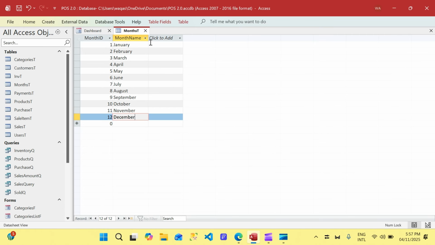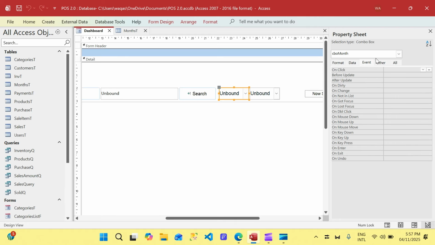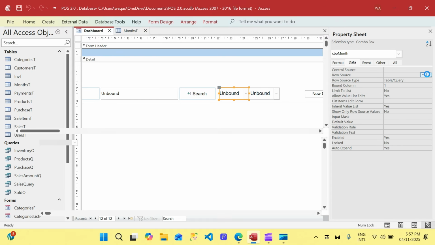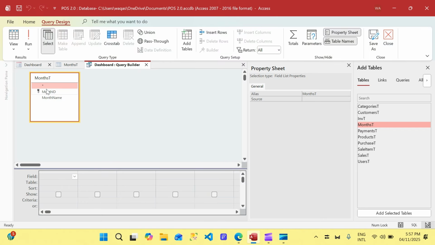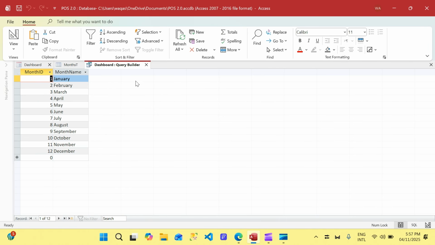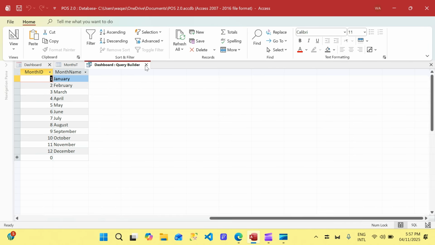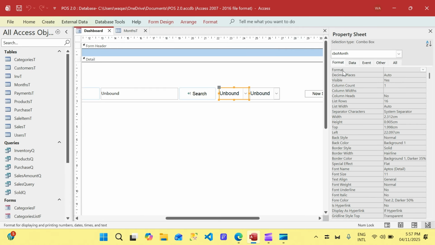All right, so we have got the months table. Now we can hook this up with this drop down. So let's come here and we'll say data and row source dot dot dot. And where is months T? Okay, month ID, month name, exclamation mark. So we can run the query. Perfect. So now, because it has two columns, we'll say column count 2, column width 0,